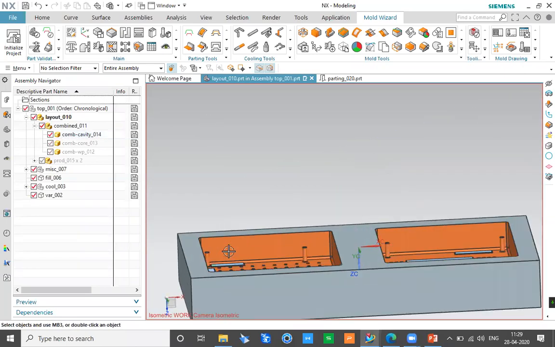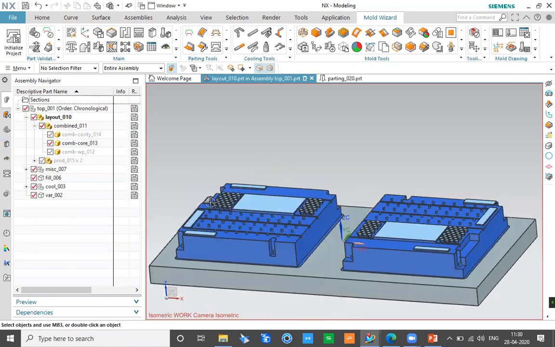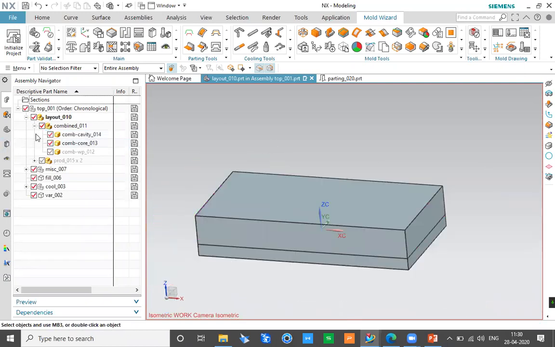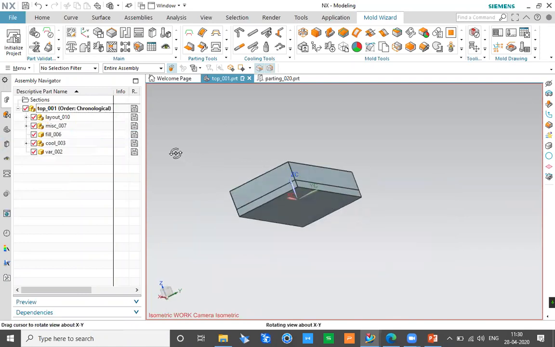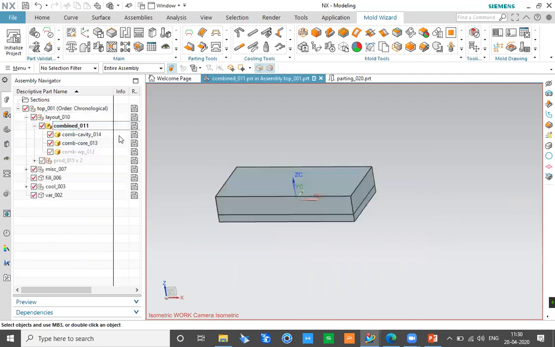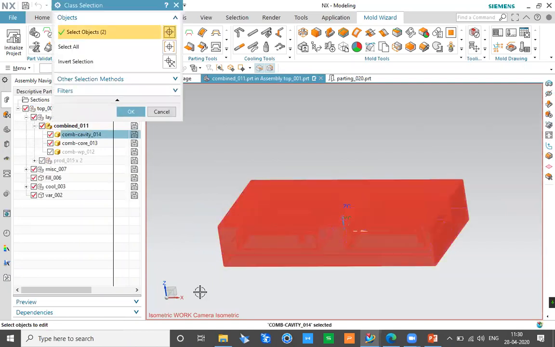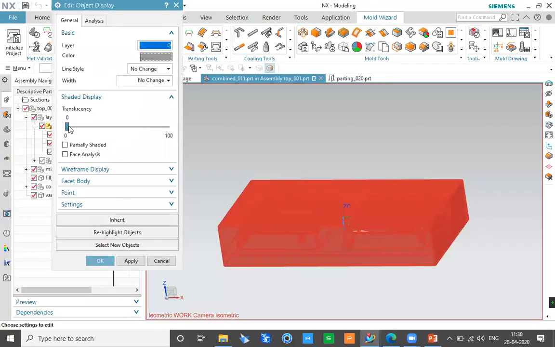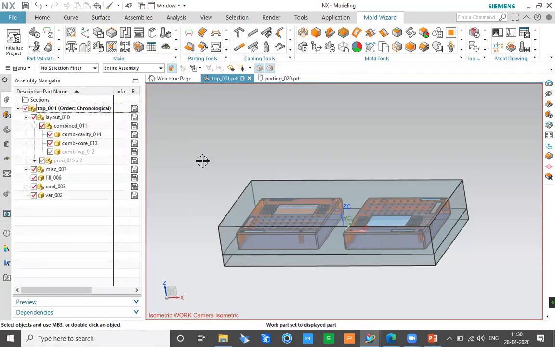You can see this is the cavity region, and we also have the core region. And because this is created in Mold-Wizard, it is automatically part of an assembly where all the files are separately saved and everything is properly defined. Okay, so I'm just activating the top model now, and you can see over here everything is properly defined. Now we can continue with the creation of the mold base. Before that, I want to define some transparency for this part. I'll go into this combined area, select both the parts, and define some transparency, because by default transparency is not assigned to those parts. Then I can come back again to this model.